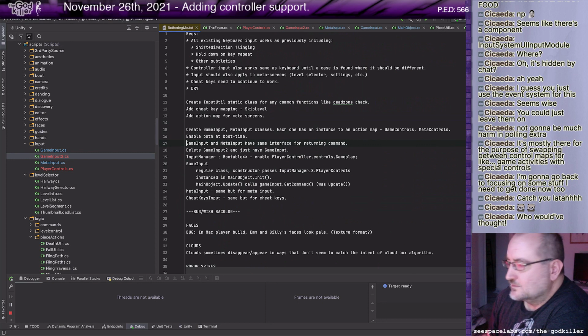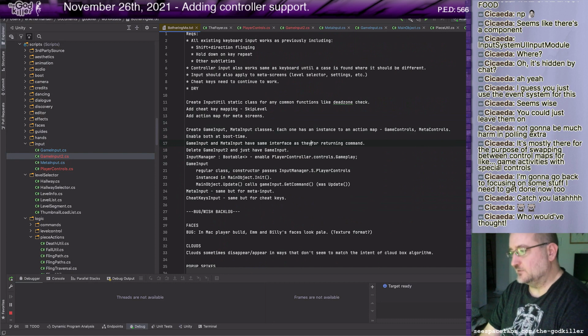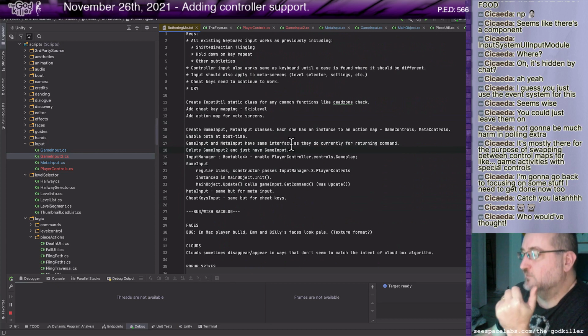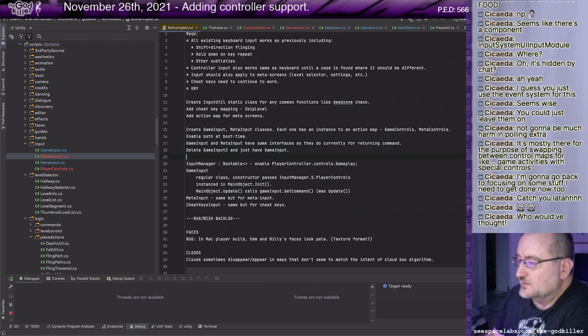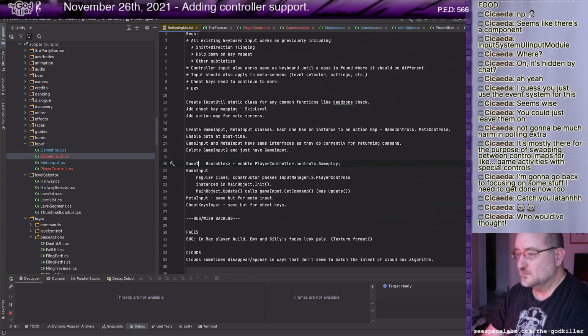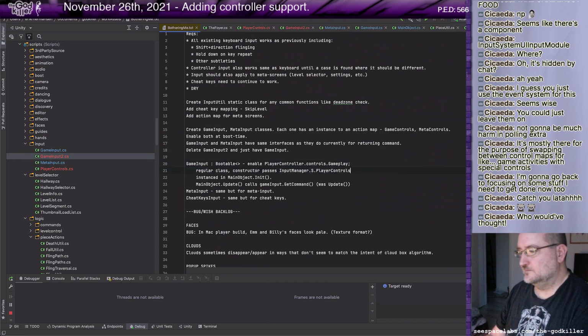Okay, enable both at boot time, as I do currently. Same interfaces, they have separate interfaces, but I'm just saying we don't have to change that current interface much. Okay, and this becomes game input, bootable. Nope.